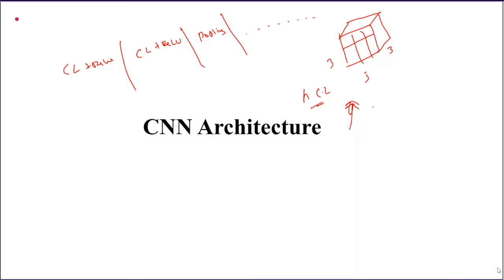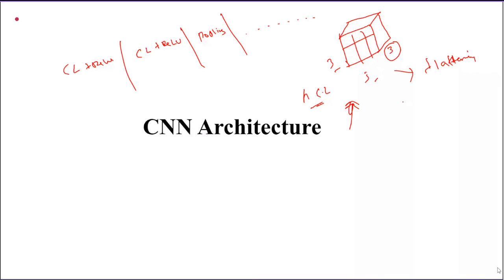After this, what we do is flattening, which means you have 3 channels, and in each channel you have 3 cross 3 dimensions, 3 width and 3 height.